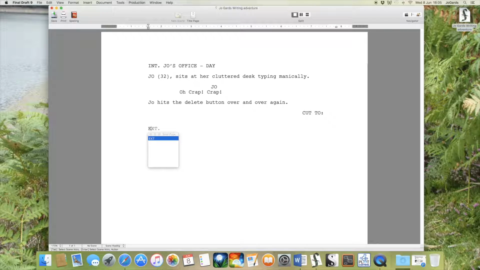So with each new scene is a new slug line, and this time I'm going to put my scene outside, so it's exterior, and it's going to be Jo's yard. And for time of day I'm just going to put later. And again, this slug line is followed by some scene direction or an action line. So Jo paces her yard, her mobile phone